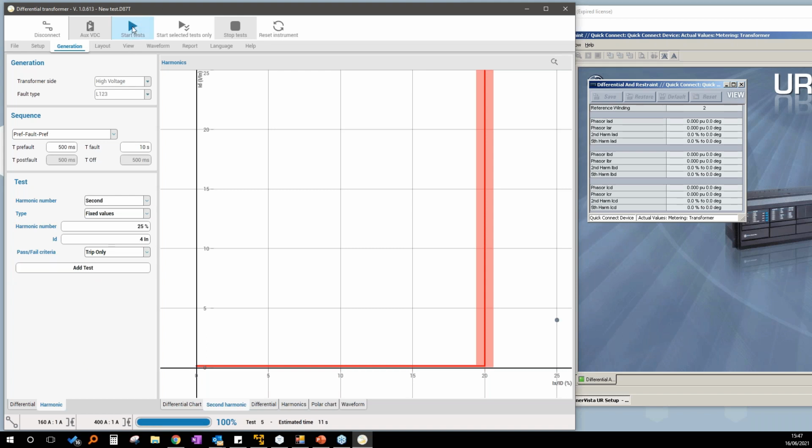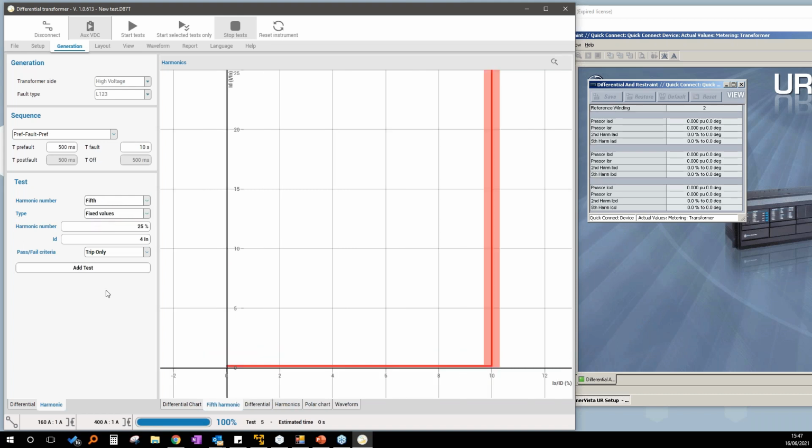Add the test and start. You can see 25% of second harmonic. Okay, so also the harmonic is measured correctly. So again, change to fifth, add the test, and start.